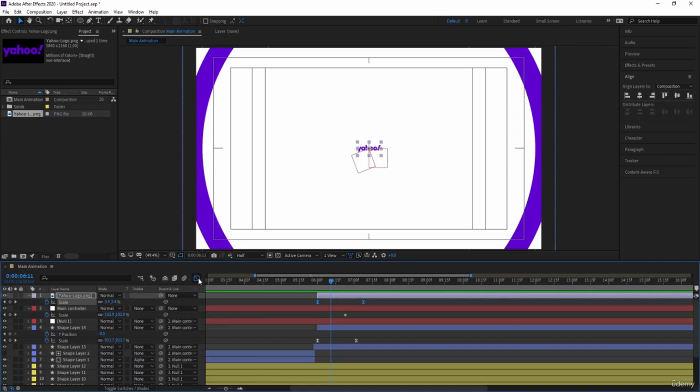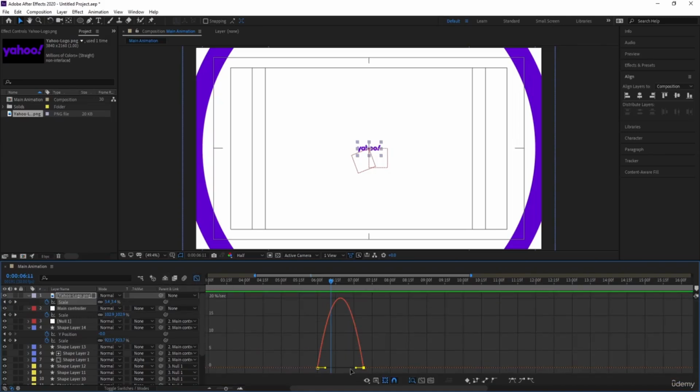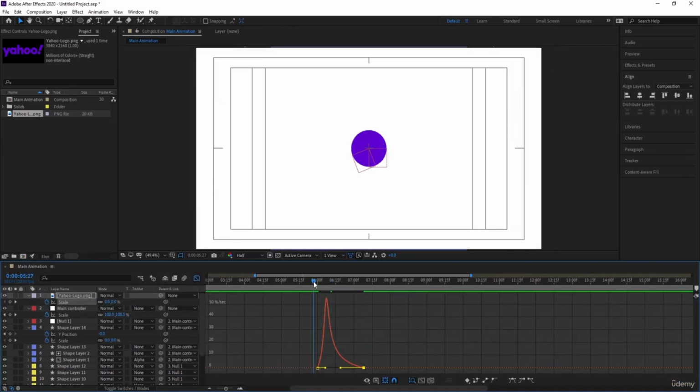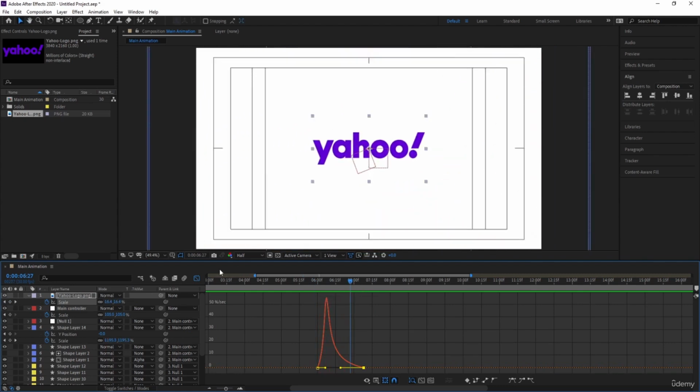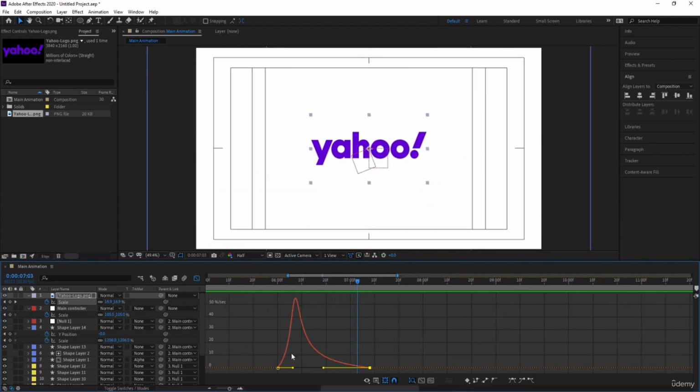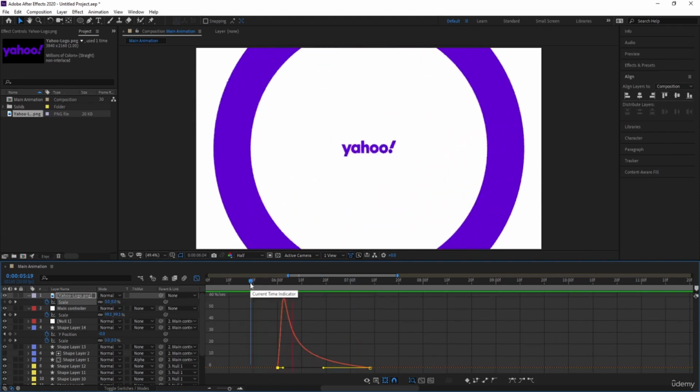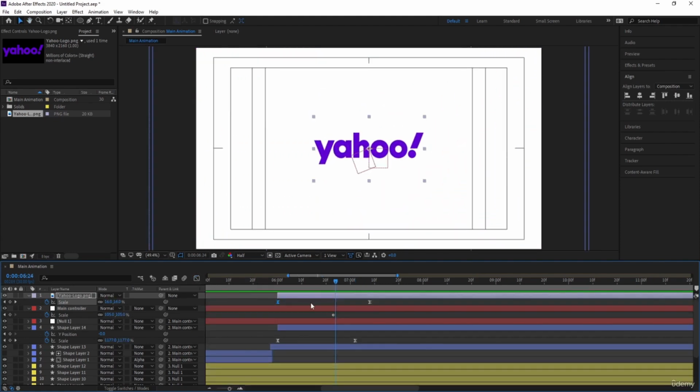and go to the graph editor. You can select this and you can move this over here. So if you see, you will get something like this. Let's move this over here. Okay,